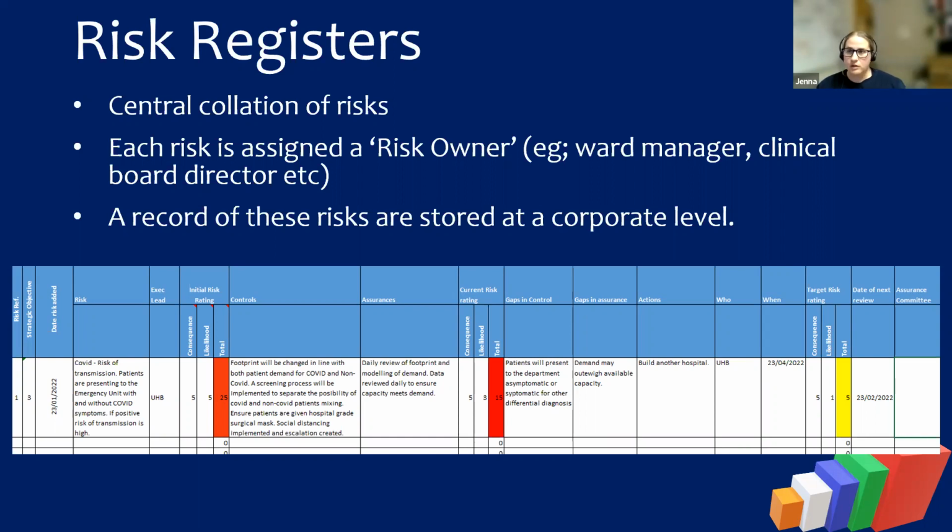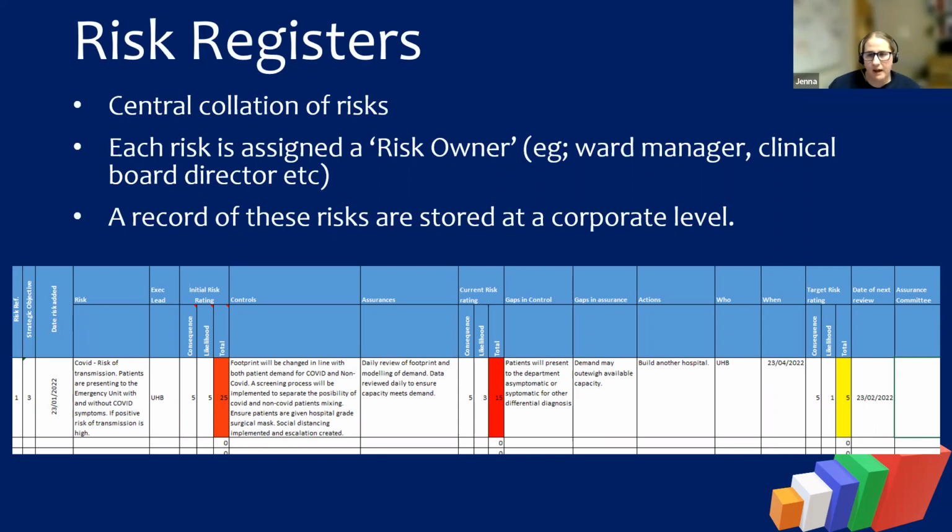And if we look at the current risk rating, with those controls in place, the consequence is, well, if somebody still catches COVID, and I'm using the example obviously before vaccinations were in place, the consequence could still be damaging. They could still die of catching COVID, but the likelihood of them catching it could be reduced because we have put those controls in place. So even though we can't eliminate this risk, it would be an unrealistic target to eliminate it, we can put things in place to try and mitigate it. So they are your controls.